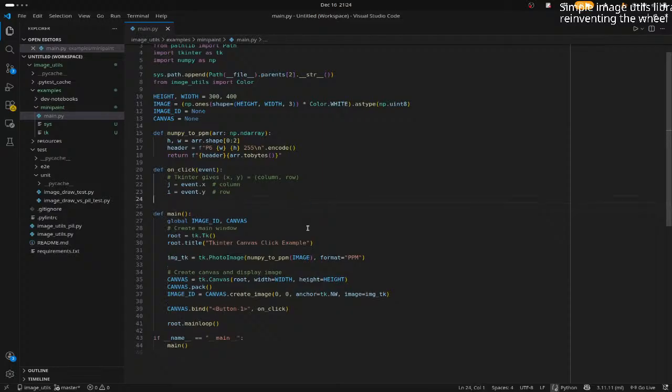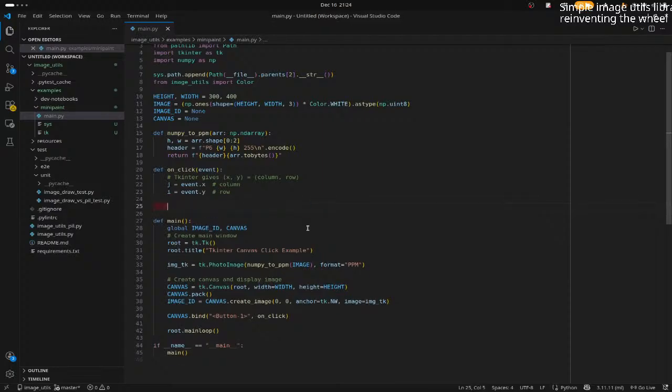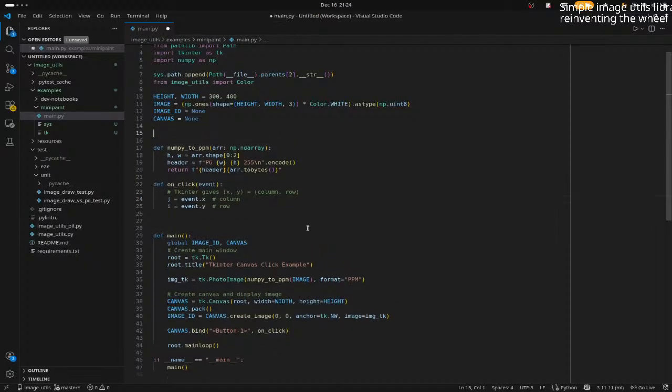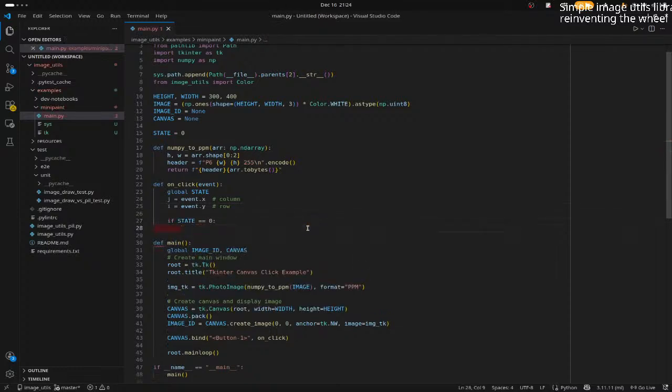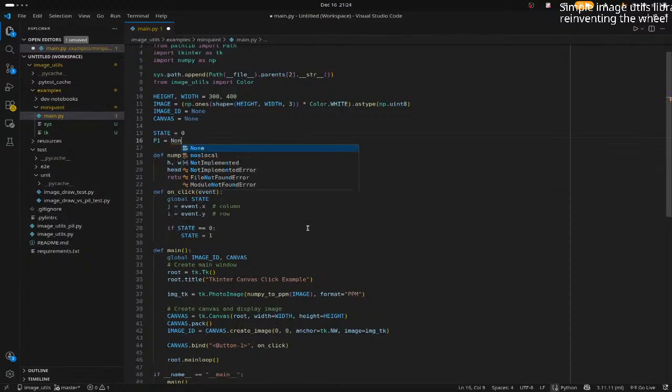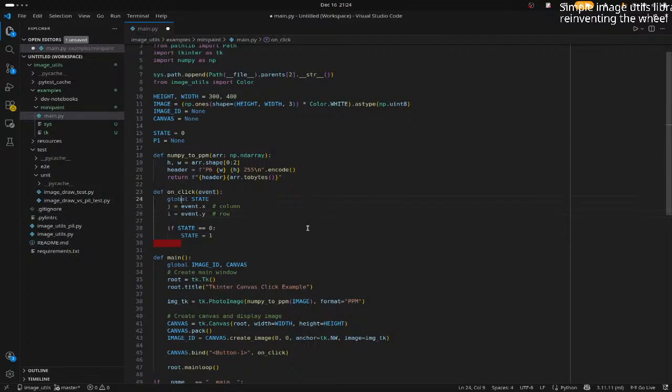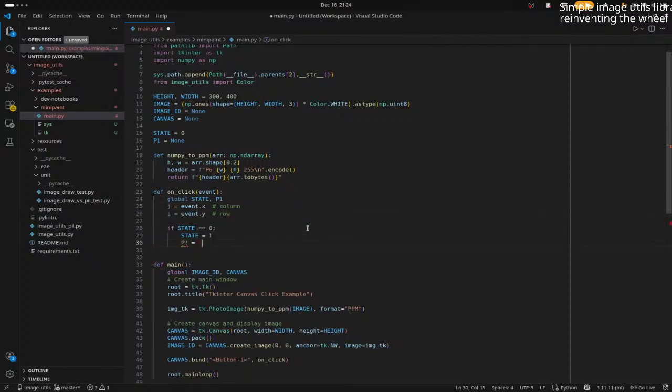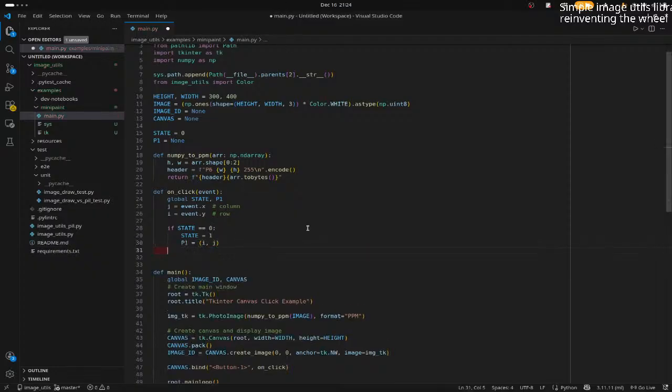But what I want here is the following. State equals 0. If state equals 0, state equals 1. Else